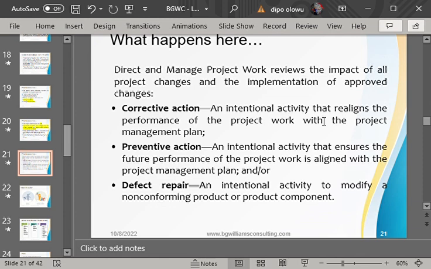Okay, so a defect repair comes in when the product or the end result is not in conformance. It doesn't meet the specification requirement stated by the customer. And because it did not meet it, he says, no, this is not what I asked you to do for me. No, I can't accept this. And in that case, what will you do when a customer tells you that he can't accept it? You go and rework it again. That is what? Defect repair.